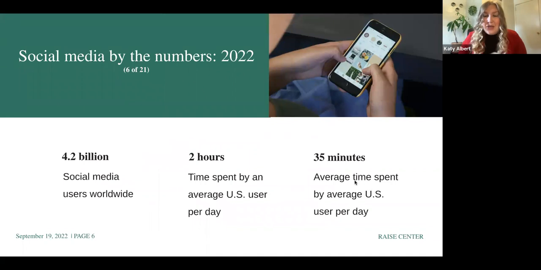So I'd like to ground this conversation in a little bit of social media by the numbers. Here we are in 2022. There are currently 4.2 billion social media users worldwide. The average user in the United States spends about 2 hours on social media every day, although the average teenager spends closer to 3 or 9 hours, which if you have or know a teenager may not be as surprising